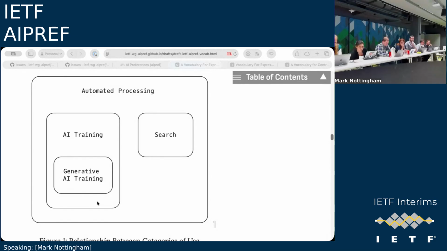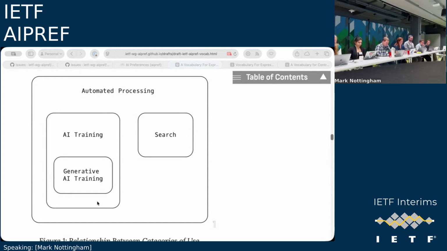Maybe we need more categories in this space, but we can't just try to engineer our way out of this thing. Sometimes there's a rights holder who says, I don't want this to happen, and then depending on the legal context you're in, you may have to respect that, or you may want to respect that. That's what we're trying to enable here. And I don't see where this discussion takes us any closer to achieving that.